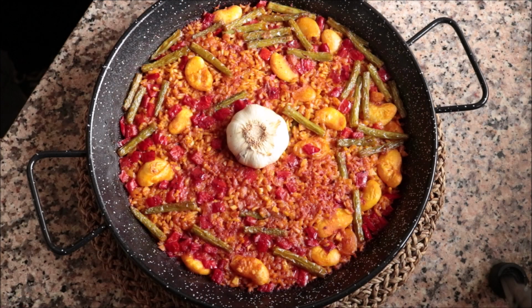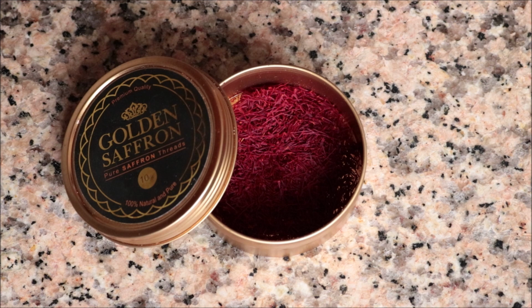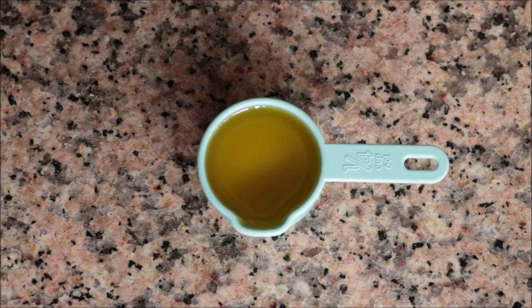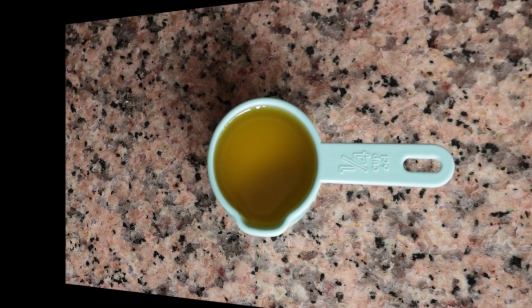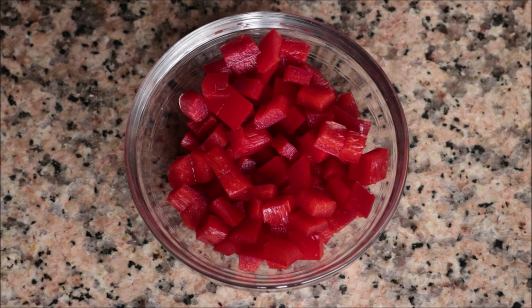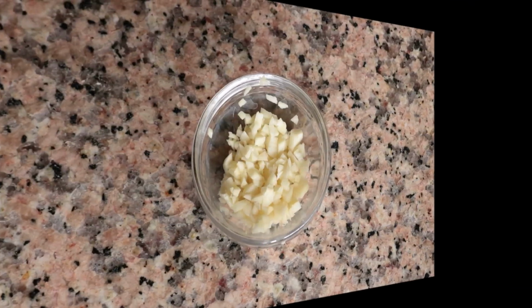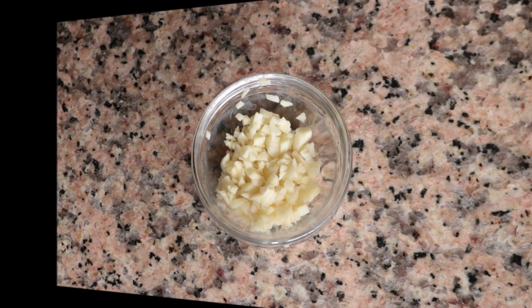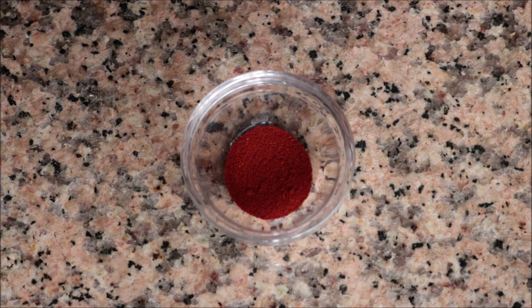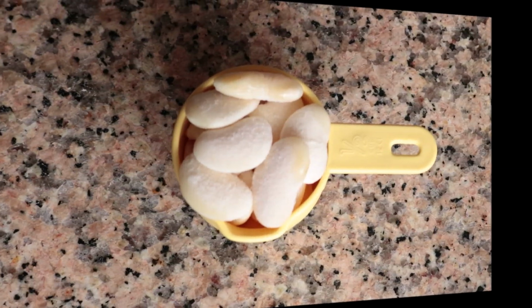The ingredients you're gonna need to make this recipe are a generous 2 cups of vegetable broth, half a teaspoon of high quality saffron threads, a generous 1/4 cup of extra virgin olive oil, half of an onion that's been finely diced, half of a red bell pepper that's been roughly chopped, 20 green beans that have been cut into 2-inch pieces, 3 cloves of garlic that have been finely minced, 1 teaspoon of sweet smoked Spanish paprika, half a cup of canned tomato sauce,